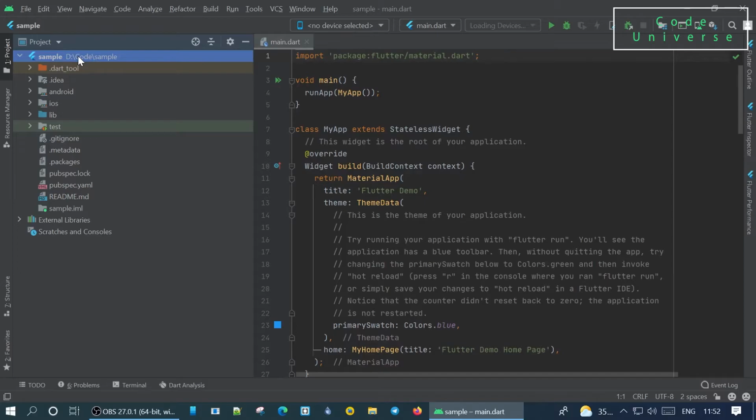The next file is .metadata. The .metadata file contains information about the Flutter properties like stable, SDK channel, project type, etc. The next file is .packages. The .packages file contains information about all Dart packages included inside the external libraries in your Flutter project. The next file is the pubspec.lock. This file contains detailed information like dependency name, description, meta, source, version and many more information about all the Dart packages included in your Flutter folder.